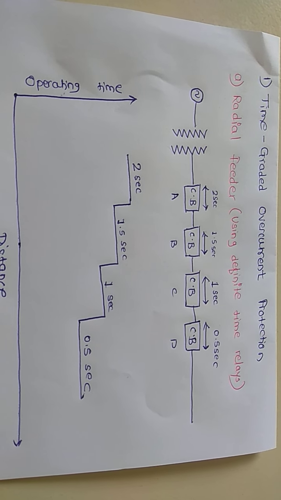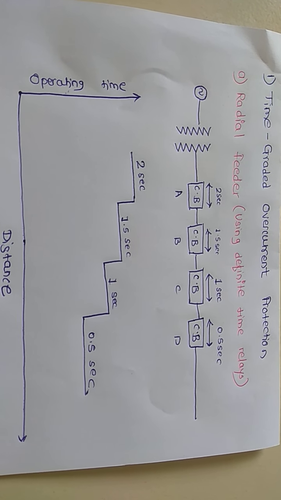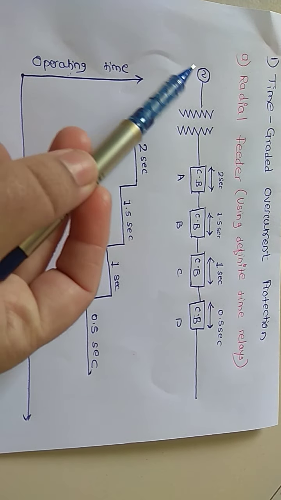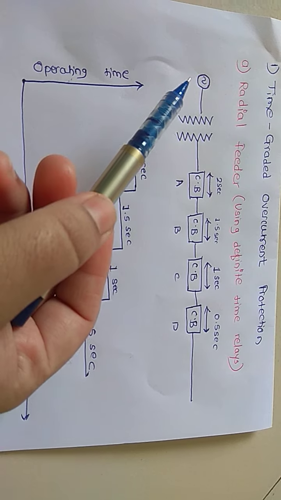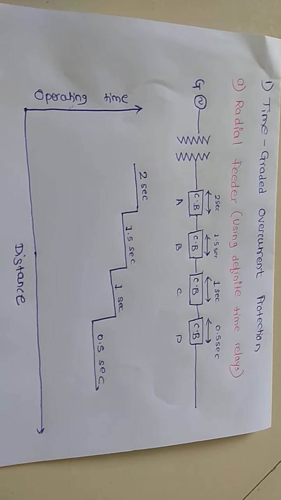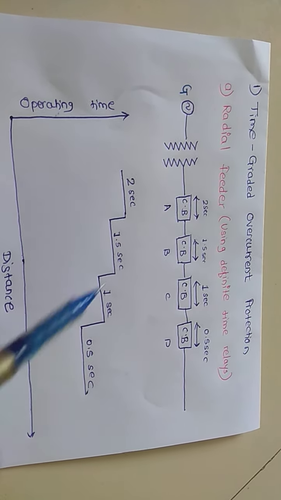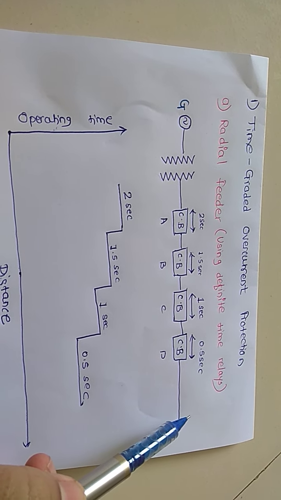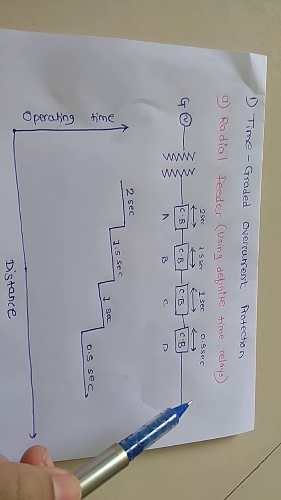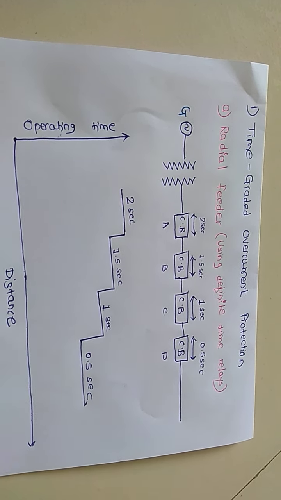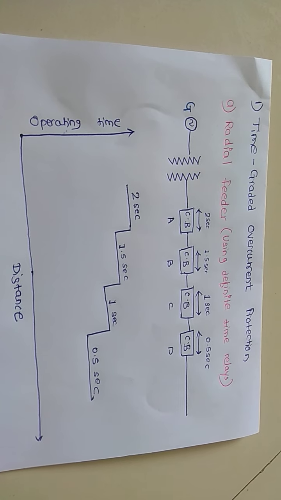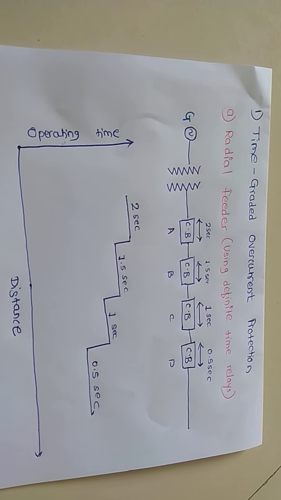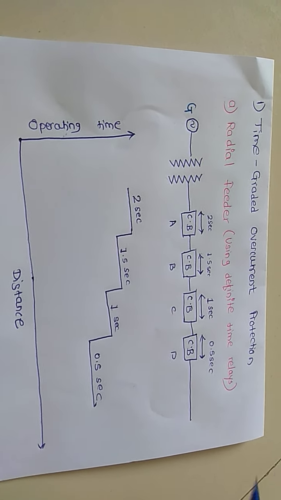The main characteristic of a radial feeder is that power can flow in only one direction, that is, power can flow from the generator or supply end to the load end. There is only one path for the power flow from generator end to load end. And this is one disadvantage: the continuity of supply cannot be maintained at the receiving end in the event of a fault. When a fault occurs, there is no continuity of supply with the help of this radial feeder.